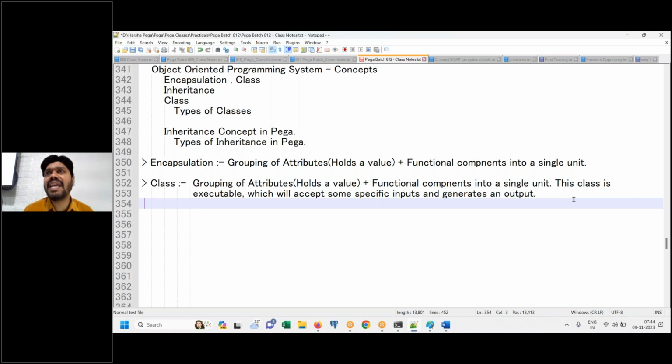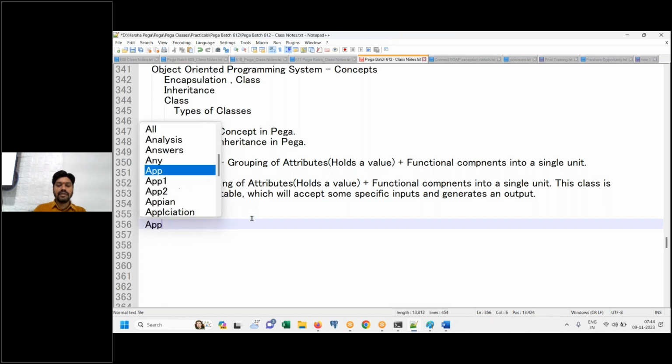That means if you want to place your functional components, what is needed? Class is needed. Functional components are there inside class. Let's go back to day one. What did we discuss about application?